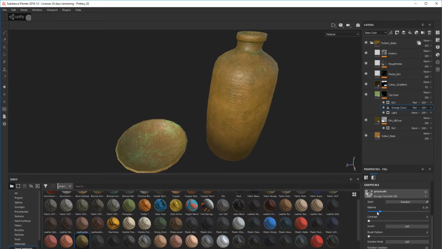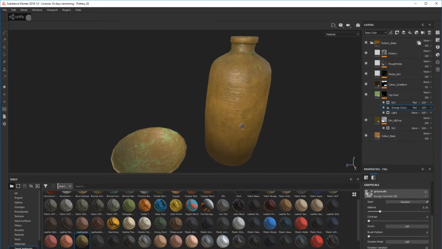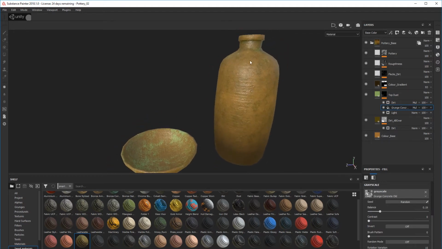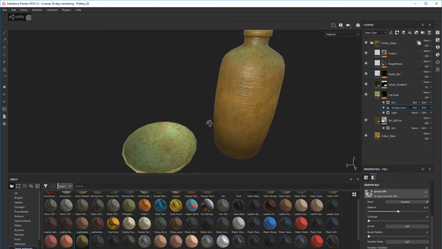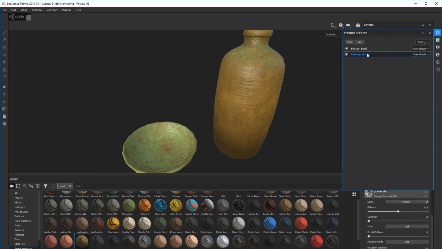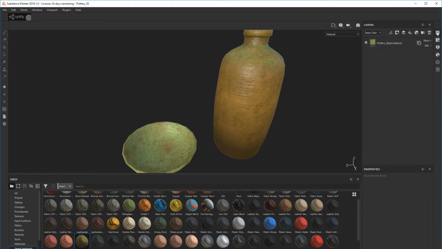See, it disappears. It's quite nice in there, but it disappears too much up there, and I don't want it to disappear on there because it's quite nice the way it works on there. And yeah, so I'm not going to instantiate across. Basically, I am going to go back onto my bowl. I'm going to delete that instance, and I'm just going to drop it in from my smart materials shelf straight